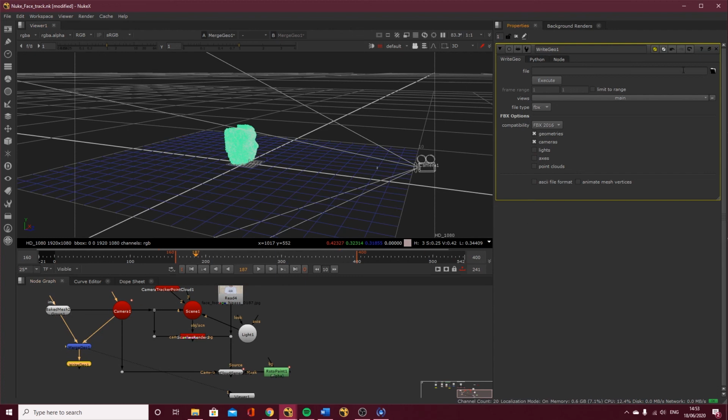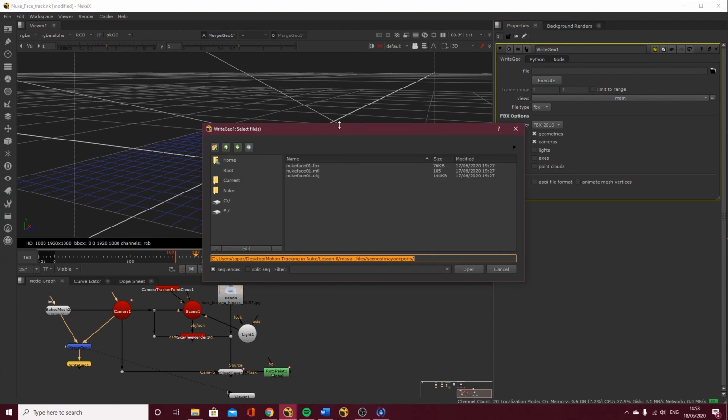And then basically you can just opt for where you're going to save it. I'm saving it to Maya files, scenes, and Nuke exports. You save it to where's best for you, but I've already set up my Maya project and I've got a scenes folder and Nuke exports. So I've got all my Maya files set up, and I'll go to scenes, Nuke exports, and I'll say face mesh, and I'm going to go version 2 because I did have another version in there from earlier.